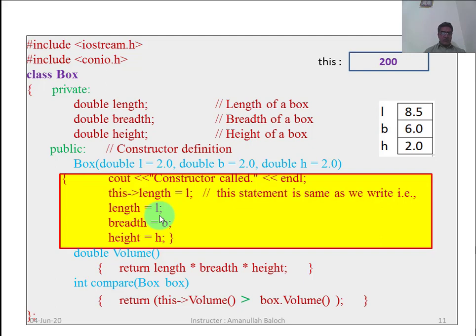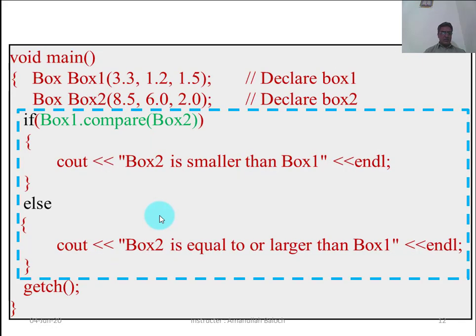Now what happens in the next commands of the main program? After these two lines of code, the computer will execute the if else statement. Box 1 is the object calling compare. So the this pointer will store the address of box 1 in its memory.